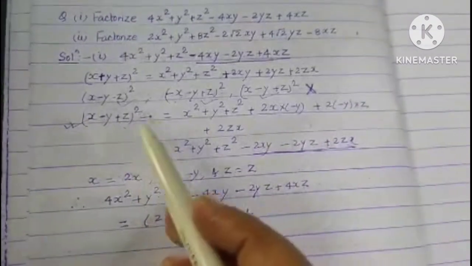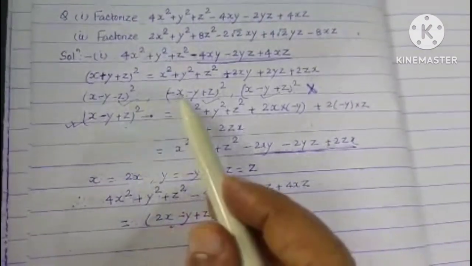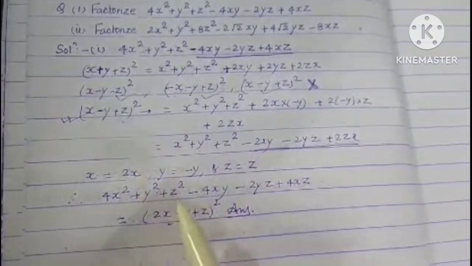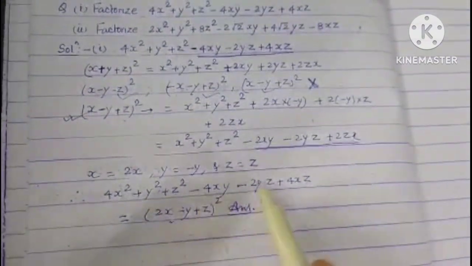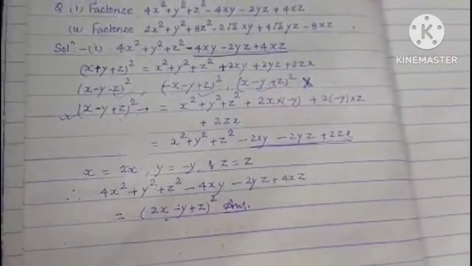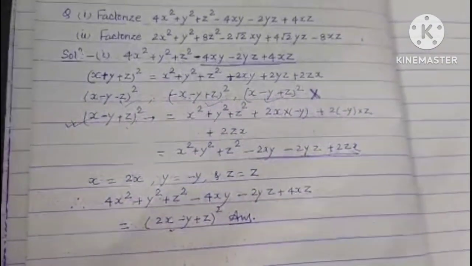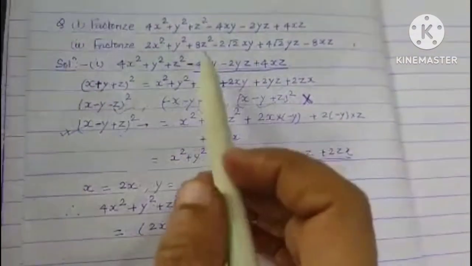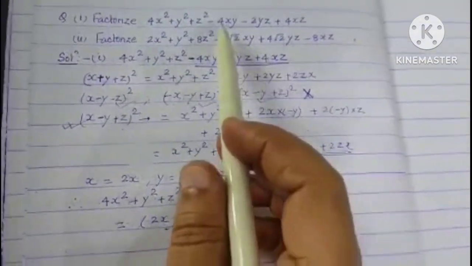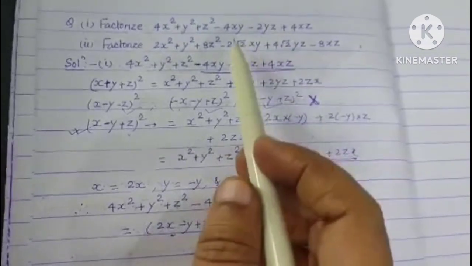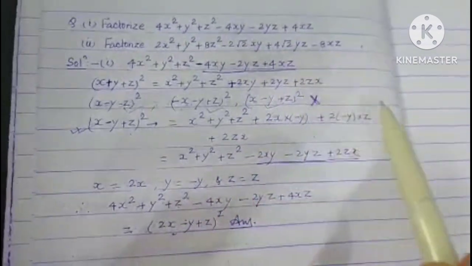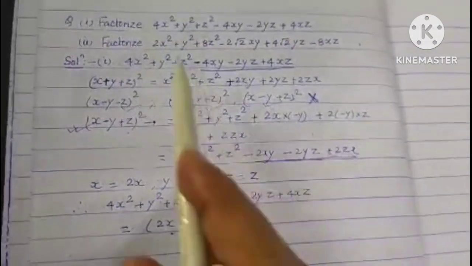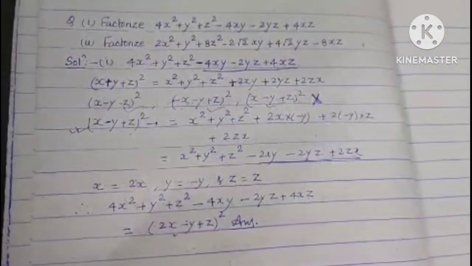You can go by either way. You can remember all these things, or you can directly write from here to here, like I write in this question. I hope this is useful for you. Let us see the second one. It will be more clear because the question is a little bit changed here. Here it was minus minus plus, here it is minus plus minus, so it will give a different insight. So let's solve this one also and understand.